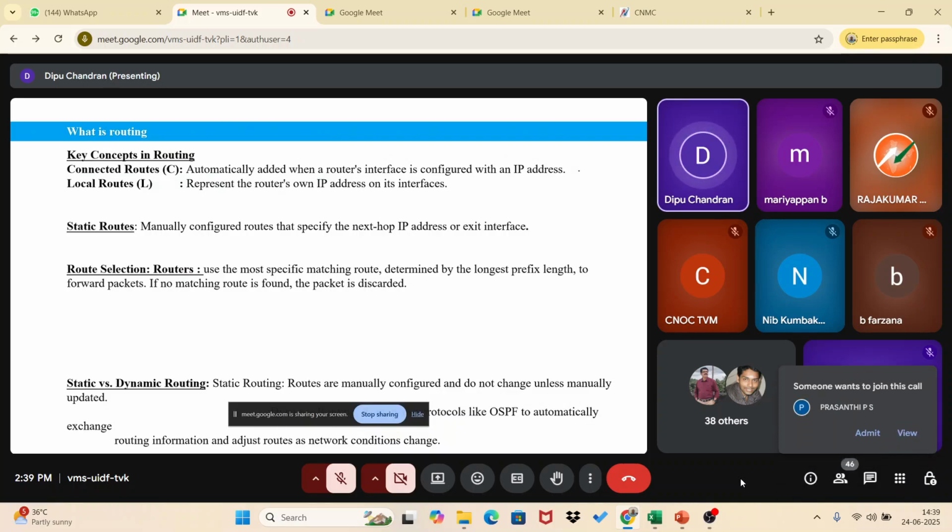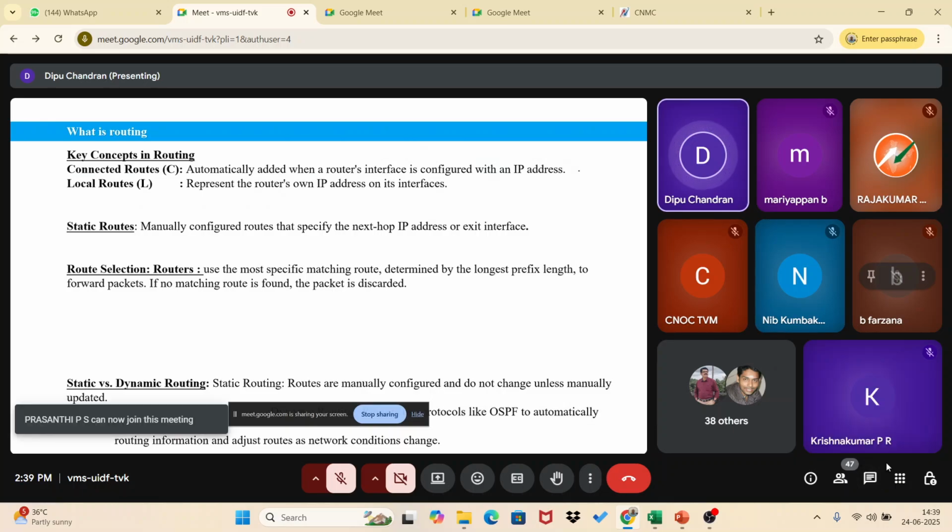In routing, the equipment is programmed, like a computer-type device, in such a way that if I get a packet, it knows what to do. This is all that routing does. The router determines where the packet has to go. It is like a person sending a letter to another person at another place, say in Chennai.